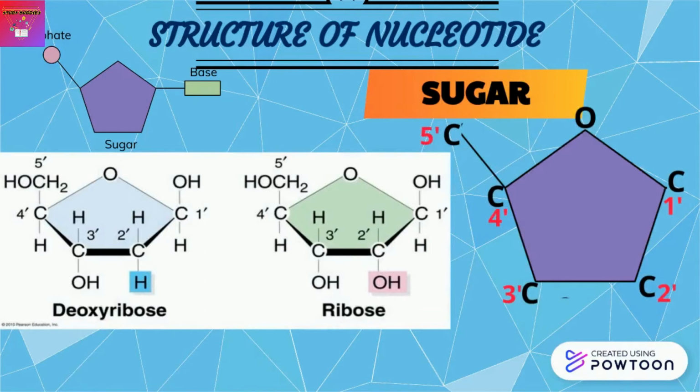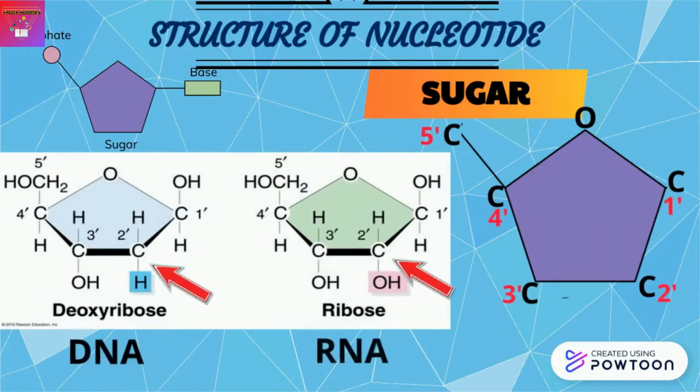The carbon rings are attached to many other functional groups as well. This is where the deoxyribose and ribose differ from each other. If you notice, on the 2nd carbon in the deoxyribose sugar, only a hydrogen atom is attached to it, while over at the ribose sugar, a hydroxyl group is present at the 2nd carbon. The term deoxy refers to the removal of oxygen from the 2nd carbon of the deoxyribose sugar. This happens to make the sugar much more stable. Deoxyribose sugar is only found in DNA, while ribose sugar is found in RNA.